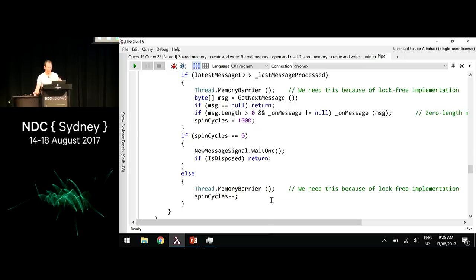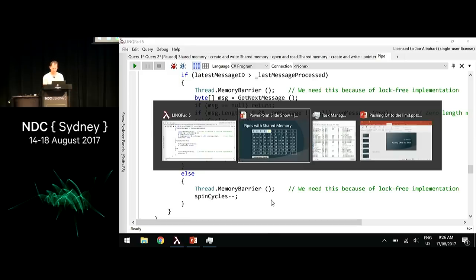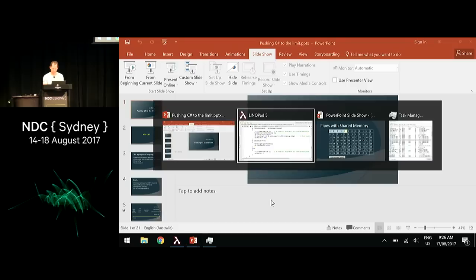The only other thing I need to point out is that because we're doing a lock-free implementation, we've got to be really careful. The way that most computers work nowadays, processors do lots of really cool optimizations to make things run faster and take advantage of the fact that you have multiple cores. And one of the things it can do is literally reorder reads. That means we could run into trouble. We could end up reading stale data. So there are 2 places that we need to put a memory barrier in here. It's basically that optimization where we're reading the